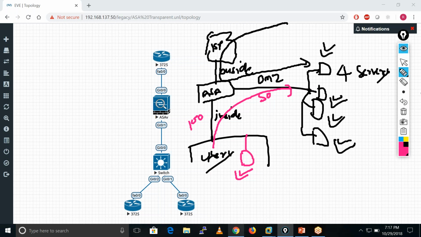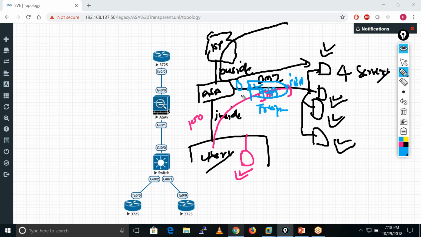So what we do in that case is put one firewall here in transparent mode, and we write the policy over there. If anyone goes from inside to DMZ, for this firewall this is an outside interface and this is an inside interface, right?